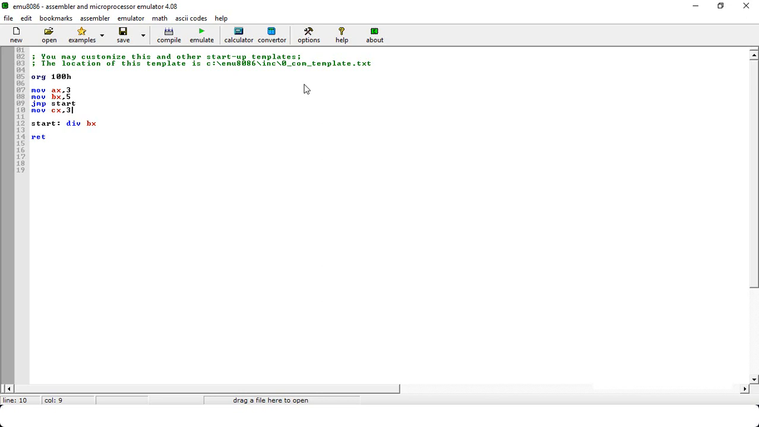Then we have the call instruction. The call instruction is used in the same way as the jump instruction, but there is a slight difference between them. The jump instruction doesn't have a return instruction. You just jump to the memory location and never come back. While with the call instruction, you will return back to the memory location from which it was called. Let's start this and see